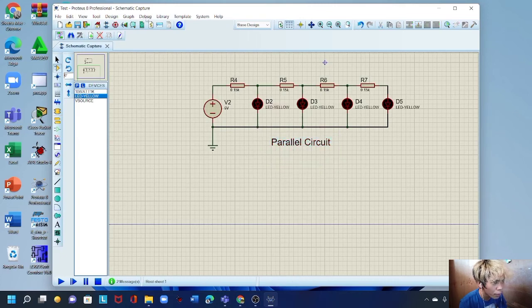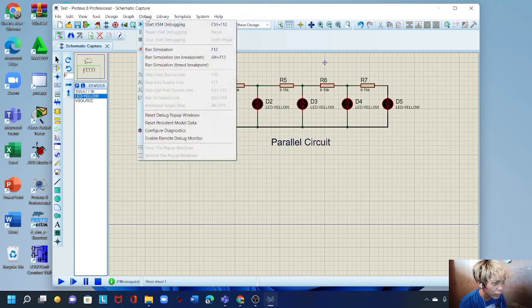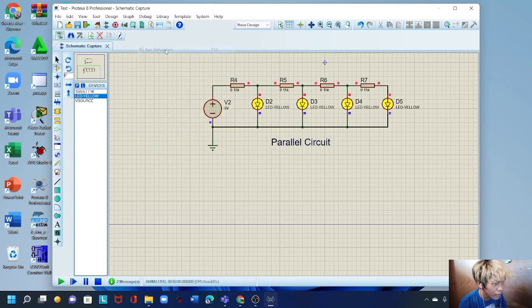We can now proceed to our simulation, so let's click the debug tab, and then we can proceed to the run simulation, or we can also press the F12. And as you can see, as I press the run simulation, the LEDs are lighting up. They emit a yellow light, since it is a yellow LED component. And we are successful, and we have established a parallel circuit that is very simple,